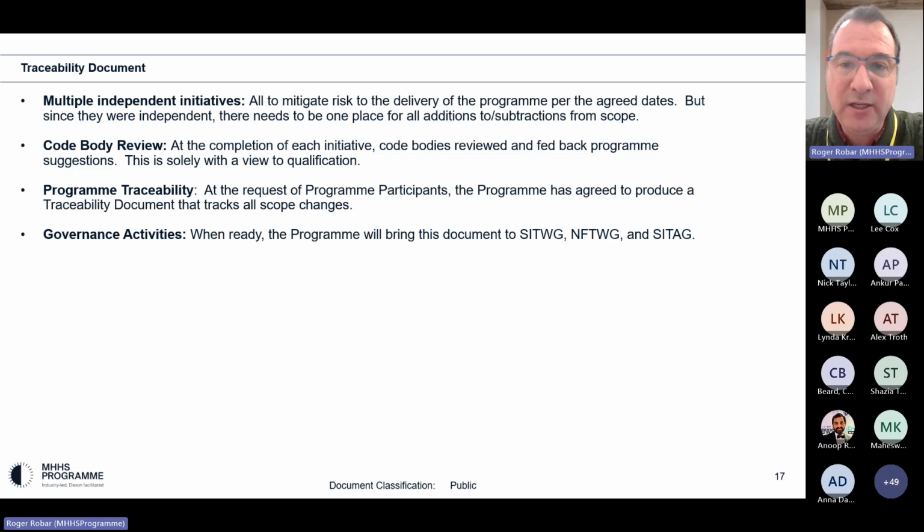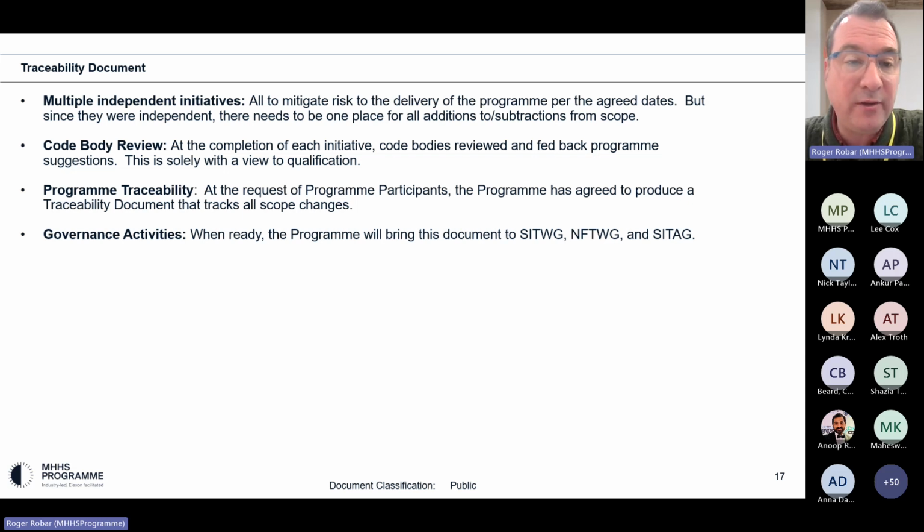I think throughout each process we've made sure that we had proper scrutiny. I think we've had quite a bit of review, and so we've done all these things independently. Let's bring them into one document so that we have all of the traceability in one place, and it's easy to understand. Because again, from the questions, even on this call, there's still quite a lot of clarification that everyone wants as to what the scope is and why we're asking you to run which tests and why we're not asking you to run certain tests.